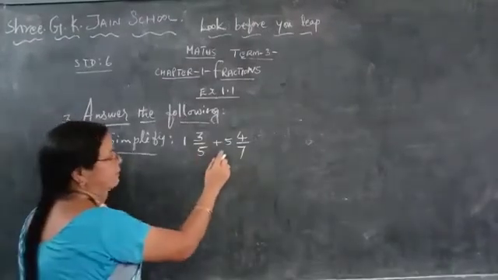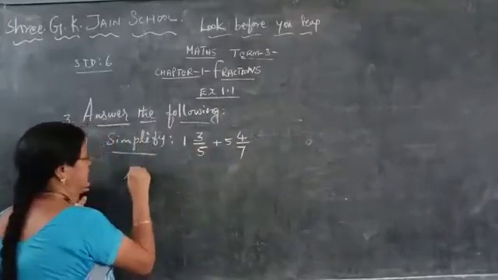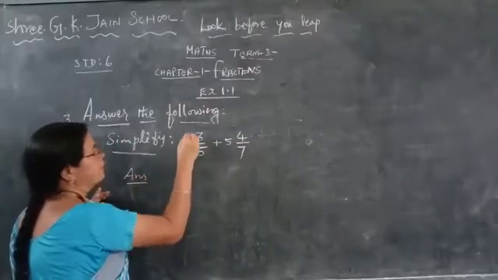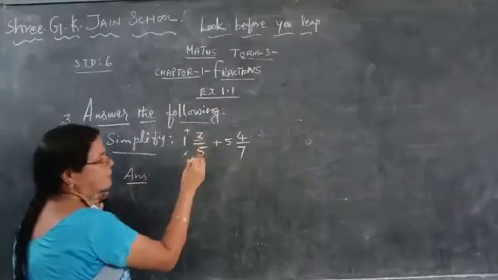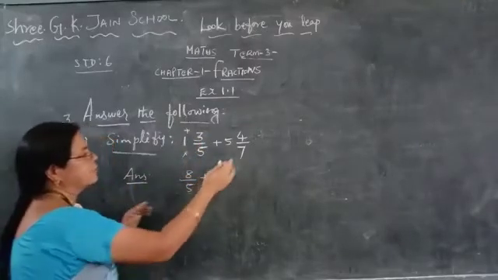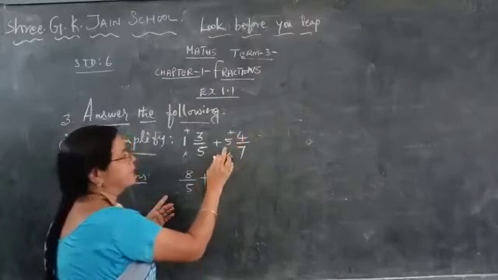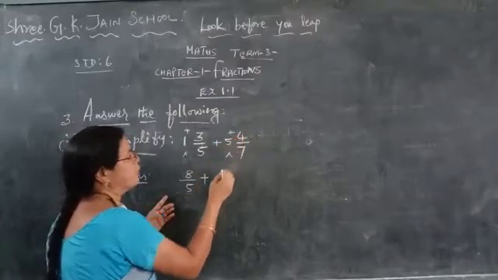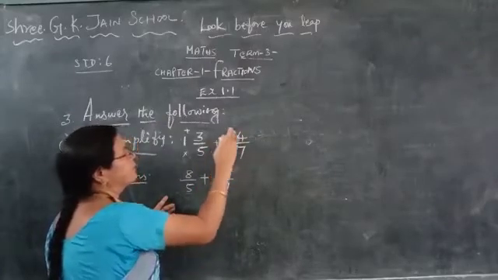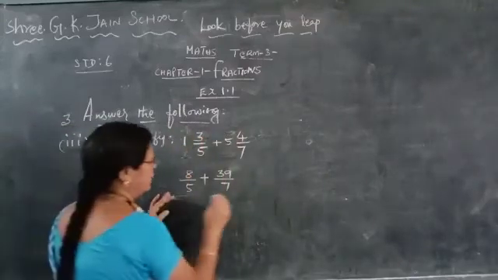Now simplify 1, 3 by 5 plus 5, 4 by 7 is given here. Okay. Now you are going to change this mixed fraction into improper fraction. So 5 ones are 5 and 5 plus 3 how much you get? 8. So 8 by 5 plus the next one, 7 5s are, and then plus. See, 7 5s are 35. 35 plus 4 how much? 39. You get 39 by 7. So you can learn this one now. After multiplying, adding, then you will get the improper fraction. Then you will do the sum.